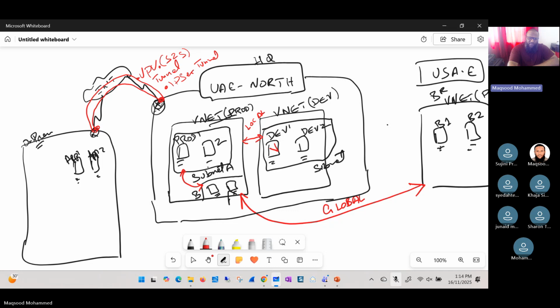Let's say you have the VPN connection to your UAE North region. Now what you have to do from the Azure side is configure this gateway. This is called a VPN gateway. This component doesn't really represent a round shape in reality, so this is a virtual component we have to configure. It's called a VPN gateway,